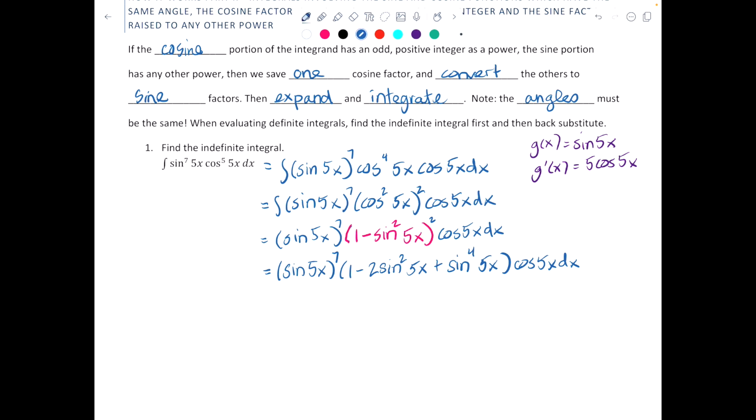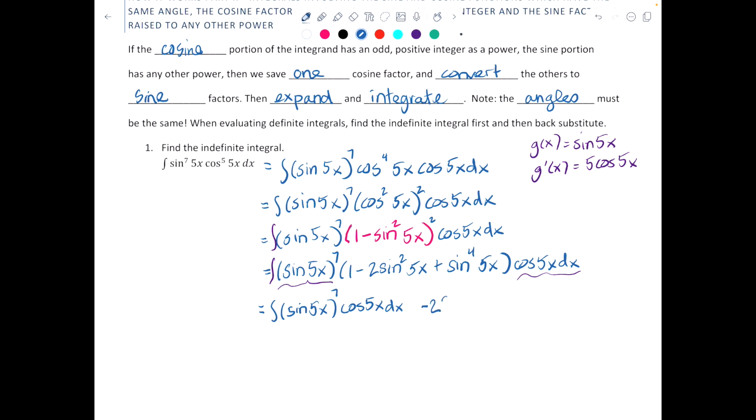We're going to go ahead and distribute through, and remember, it's this whole deal here. You're going to be multiplying on the left side this, oh, and I'm sorry, I forgot my integrals. On the left side, the sine at 5x to the 7th, and to the right of it, we're multiplying this cosine 5x dx. So here we go. That will equal the integral of sine at 5x, this quantity raised to the 7th, because I'm multiplying it to 1, times cosine at 5x dx,